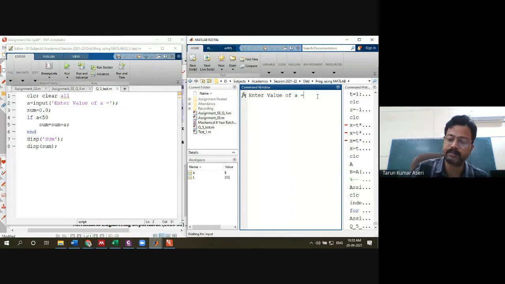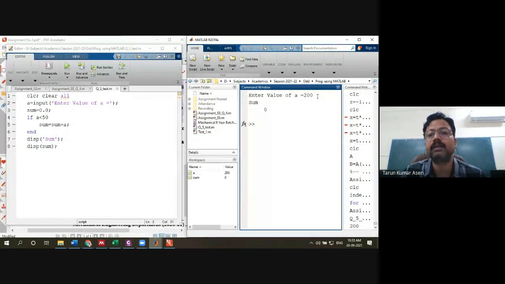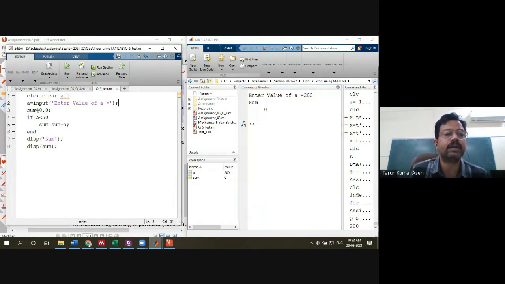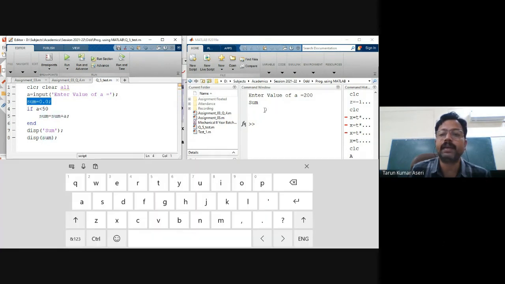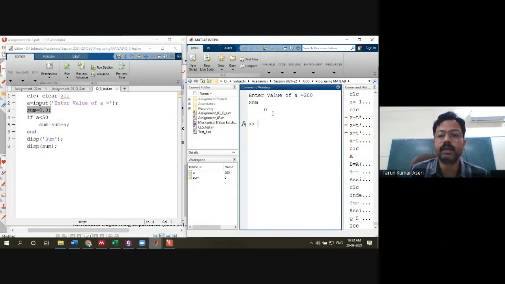Now I am going to enter the value of A as 200 and then press enter. After pressing enter, it will check whether A is less than 50. No, A is not less than 50, and then the value of sum is displayed here. First the text sum is displayed, then the value of sum.